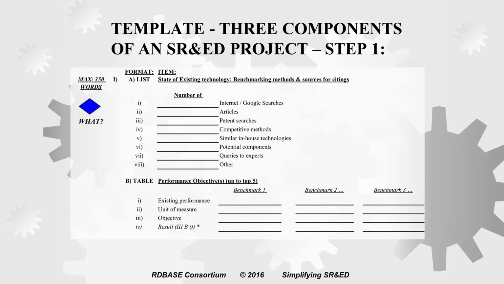And what I'd say is you get some type of grid. What are all the possible things that you can do to benchmark standard practice? Well, I can do internet searches and find articles. If I go to Google Patents or one of the patent searches, we can do those. If I look at competitive methods, that's often a great one. So what are my competitors doing? I could look at things that I've done myself. If I have some proprietary technology that I'm building on, that's often a great indicator because I built it. I can't go ask the vendor. I am the vendor. So I don't have anyone really to direct me there. Again, it's a form of illustration that I'm taking objectives beyond standard practice.